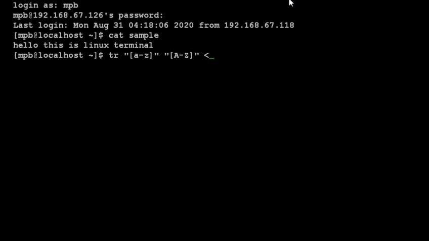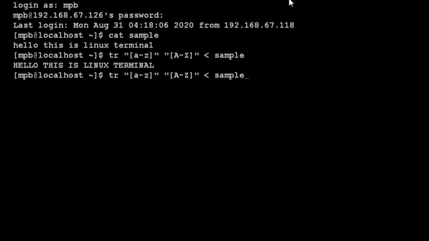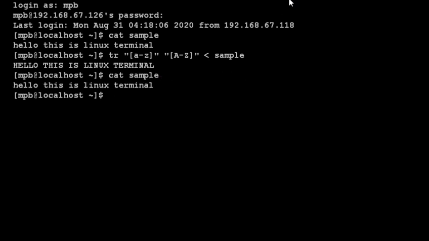For this command we are providing input as the sample file, so here I will provide the name of the sample file, and when I press enter, here you can see the output. Now if you again use cat, your file will have the same character set, so the tr command will do it only temporarily, but if you want to save the output, then you can do that also.